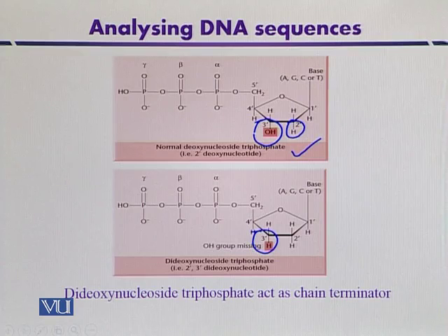So this missing 3' OH group will not catalyze the addition of the next nucleotide in the growing nucleotide chain. In this way, we can use different dideoxynucleoside triphosphates, either for adenine, guanine, cytosine, or thymine. So we can add modified nucleotide bases so that the chain termination occurs